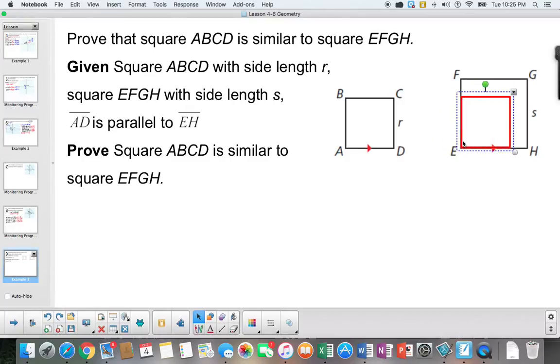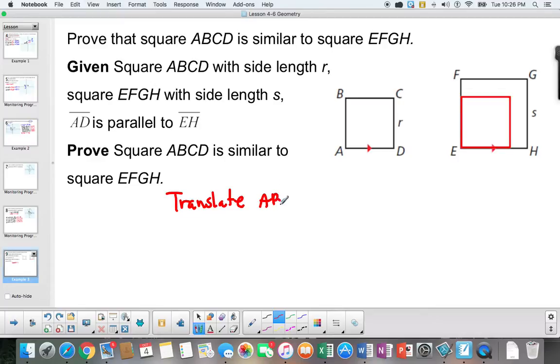So the first thing I'm going to do is, let me get my pen here, I'm going to translate ABCD along vector AE. So I'm going to make this my, right here, how I'm going to move it, so that